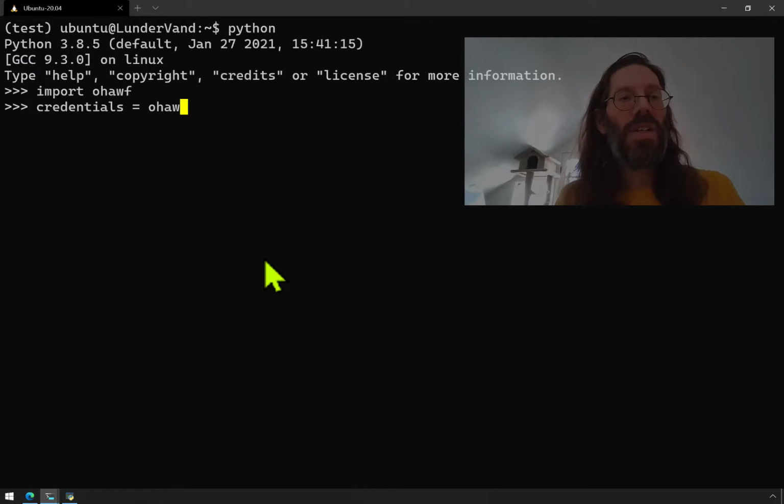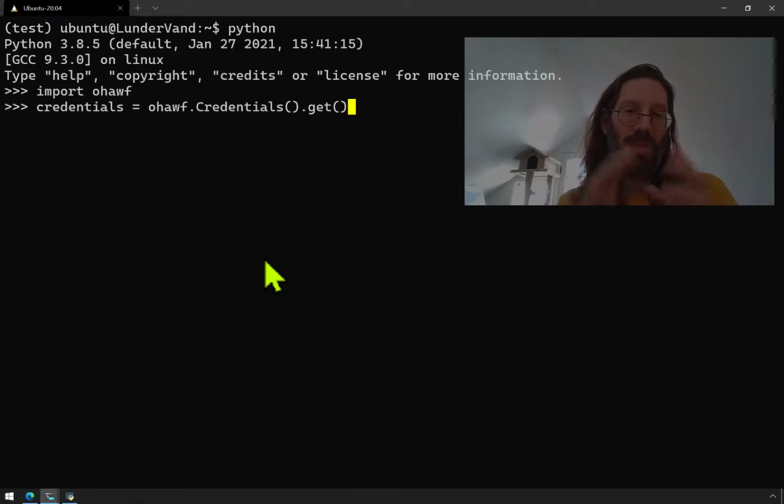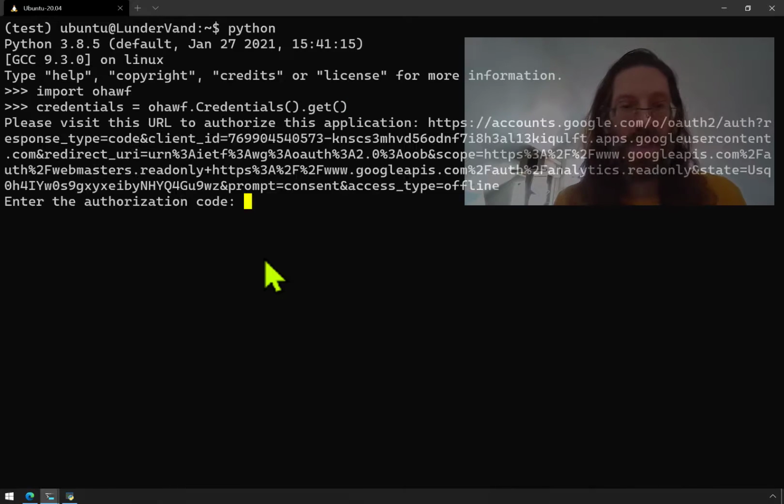And having done object-oriented programming now, I'm a bit more sympathetic to using camel case followed by snake case. So, this is the API for OAuth. You got to type some variable name like credentials equals OAuth.Credentials(), .get(), hit enter,